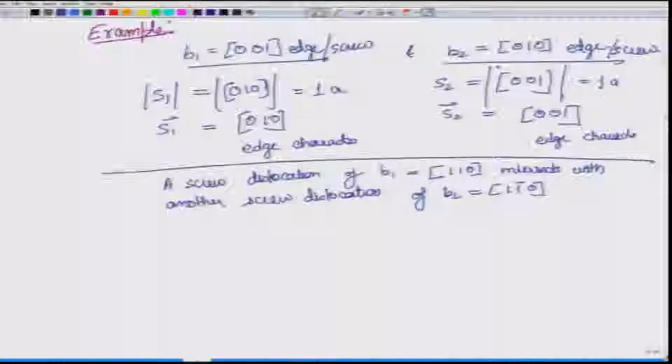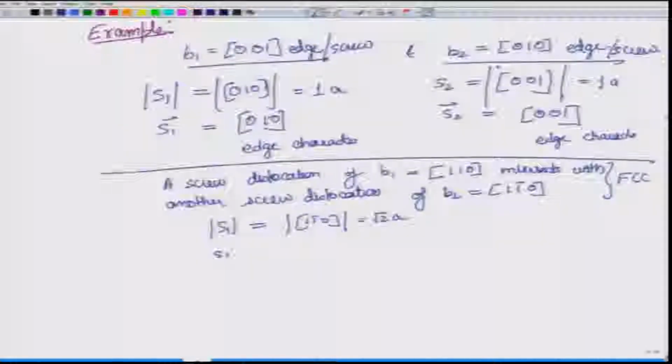In this particular case you can realize that this is the case for FCC. In FCC we have this kind of system. So, this is a realistic system where we see dislocations like this. Now, what I want to do is to get the information about the step dislocation. So, the magnitude of the step dislocation is how much? It is equal to 1 1 0, which is root 2 a. Sorry, the magnitude will come out the same, but I should have written 1 bar 1 0, because S1 has to be equal to B2 in magnitude.